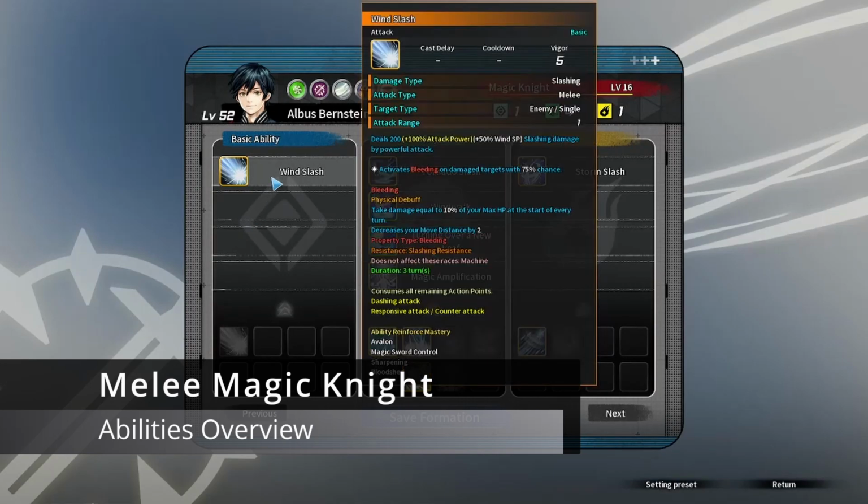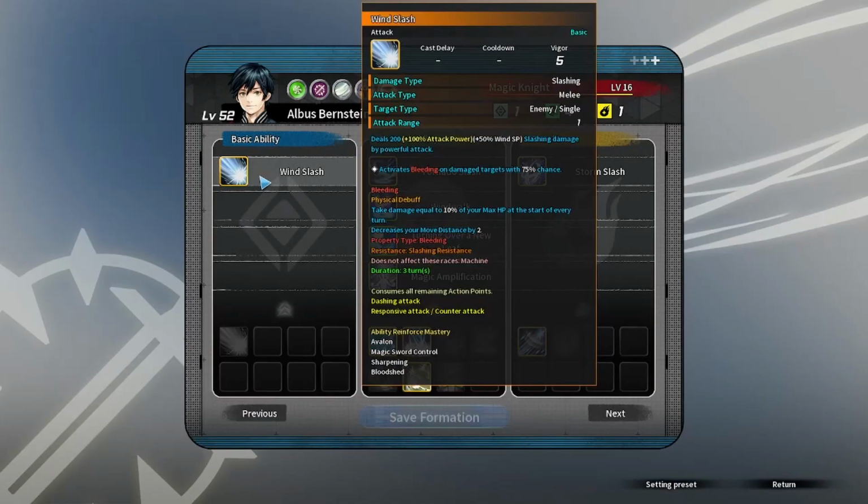Okay, and we have the abilities overview. So, Albus's basic, honestly, nothing to write home about. There's no bonus to exposed or anything like that, like you'd see on some other characters. 3 important things: 1, 100% attack power. There is no ESP modifier, which is unfortunate because Magic Knight actually has a decent ESP pool. 2, activates bleeding on targets with a 75% chance,